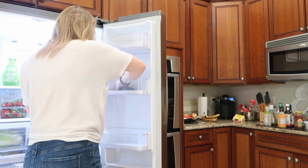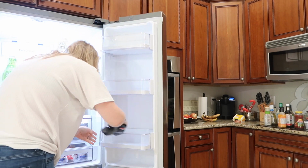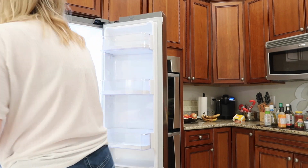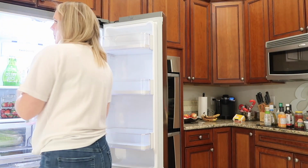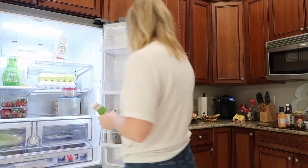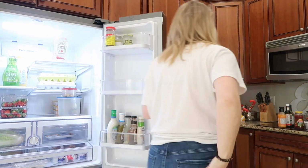I don't know if you guys were watching thinking like, you know, you can pull those drawers all the way out. I have done that before and put them in hot soapy water in the sink and done that as well, but this works just as good. And this was a little faster and I didn't have much time. So I can do that and I can move these shelves around, but this is what I decided to do